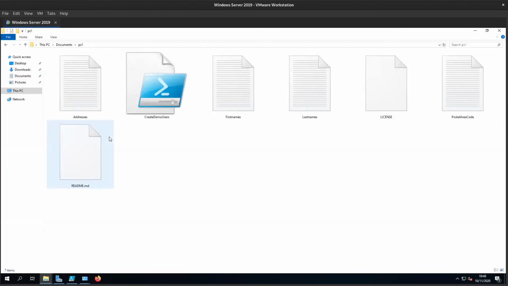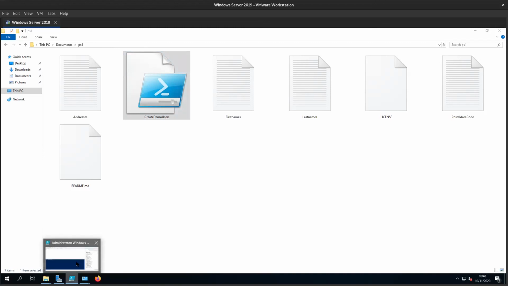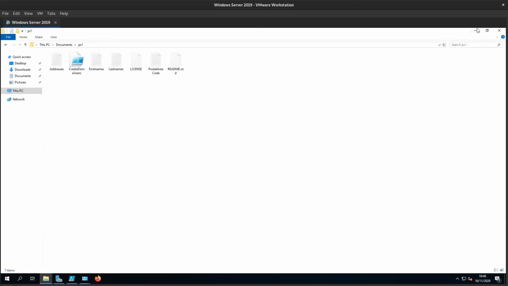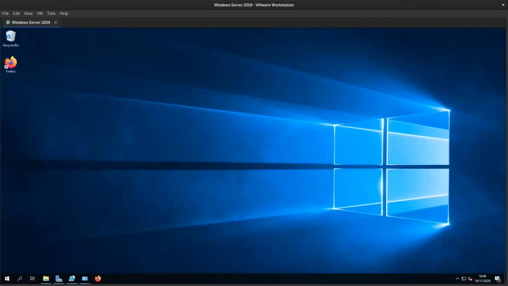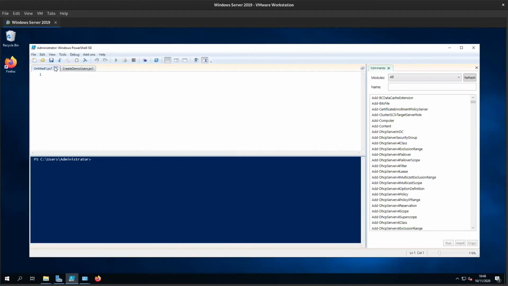Okay, so how are we going to edit? Which one of these is the PowerShell file? It's this one. So if I right click on that and click edit, it's going to automatically open with the PowerShell Interactive Scripting Environment. I hope so anyway. Let me just open, here we go. So there you are, it's opened with PowerShell ISE. So let's kill this other thing. Now,